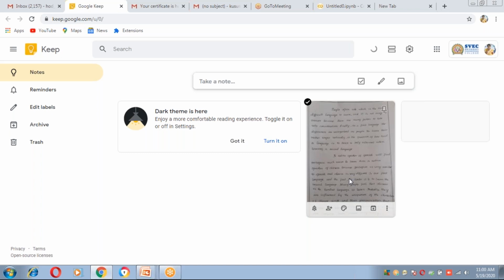See, click on this one. There are tabs: change color, add image, and some more. We will use this one more. Click on this more button. Actually, all these points should be highlighted, which means it is not uploaded completely yet. So we have to wait some more time. It will take only one minute.